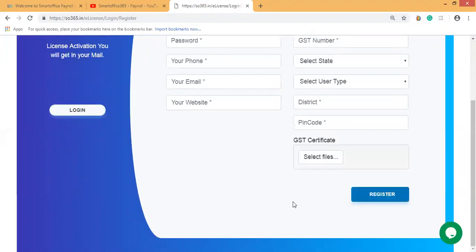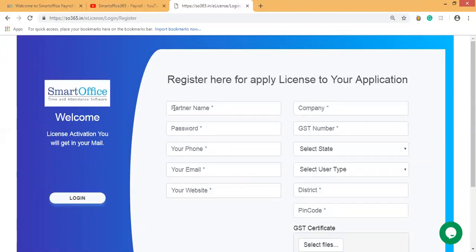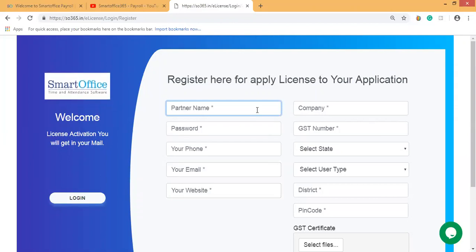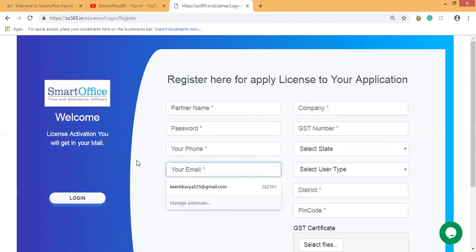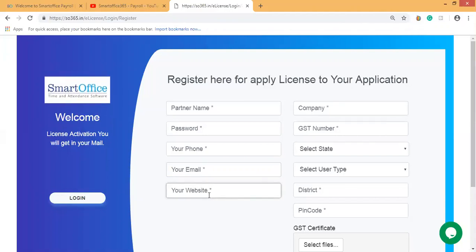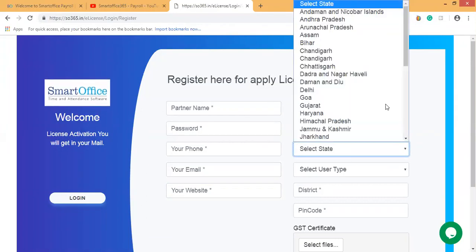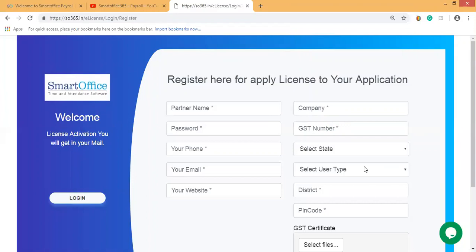a registration page. First, you have to type your partner company name, then the password which you want to set, and your contact number. Then your official email address, your website, your company name and your GST number. Select your state, and while registering,